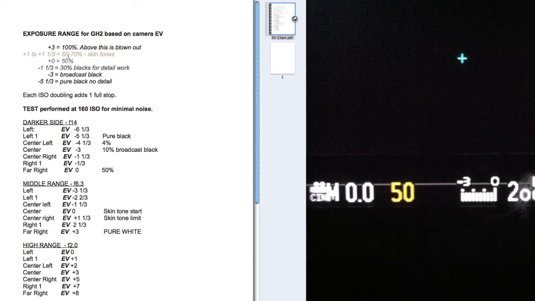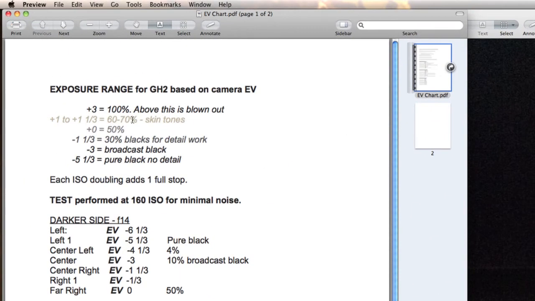Most of us know that to get optimal skin tone, you want to be around the 60 to 65 range. That is a good range for skin tones. So between a stop to a stop and a third will get you between 60 and 70%. I was obviously exposing at 50%, which is why my images were so dark. 0 is 50%. -1 and a third is 30% black, or